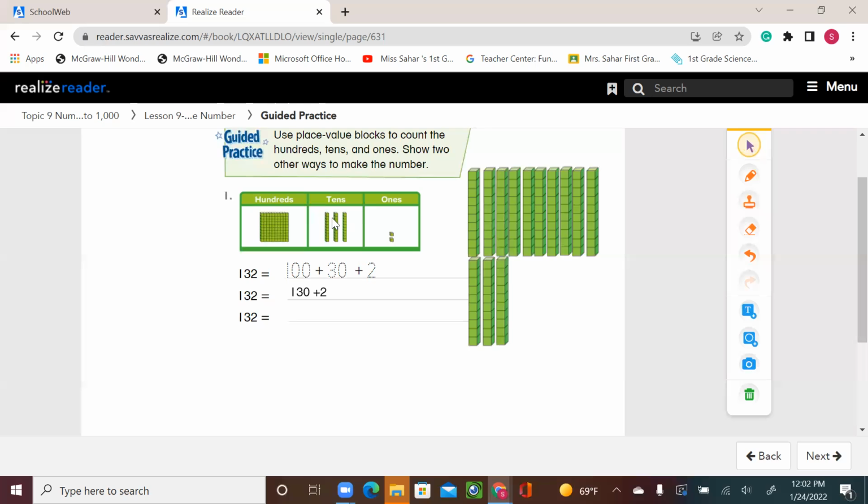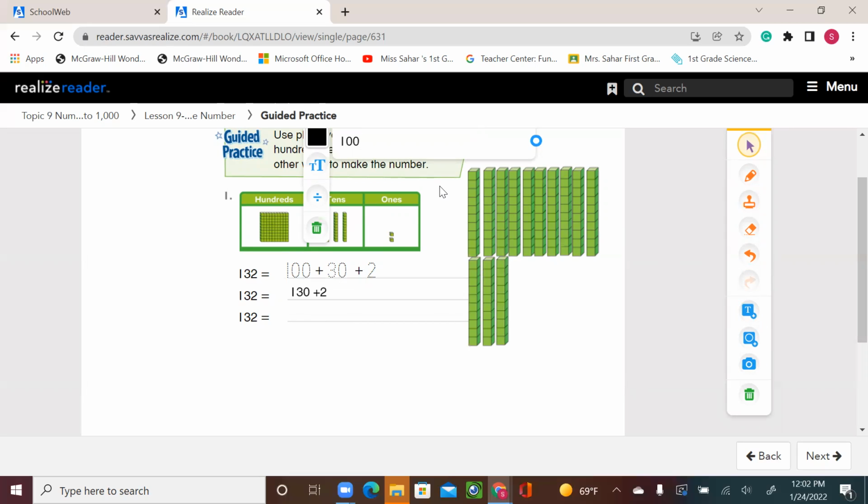All right, let's see a third way. I have 100, I have 3 tens, and I have 2 ones. I'm going to break one of my tens, and I add it to the ones. So now after doing this, I'll be having